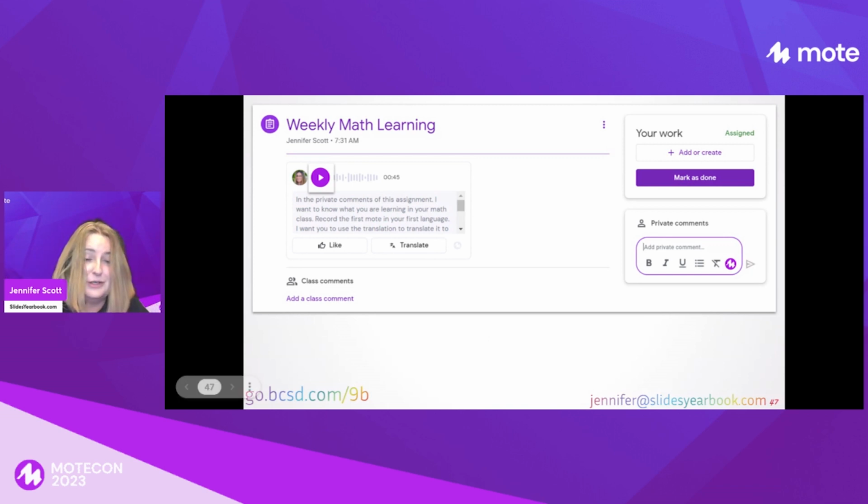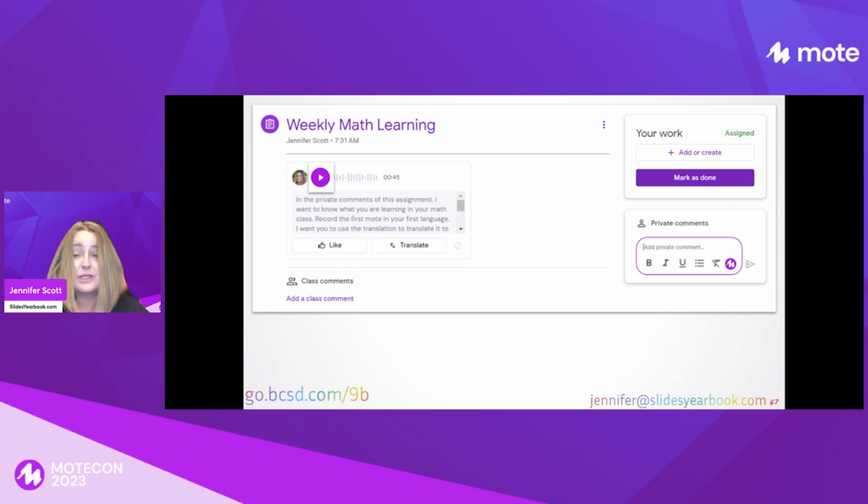Let me see if I can come to my example accounts. So my students have a choice. They can read what I wrote, which a lot of students do choose, or they can listen to my voice. So the audio was simply me giving directions. And then what the students can do is, if they want to confirm what they said in their native language, most of my students will speak Spanish here in California, and they can translate it.